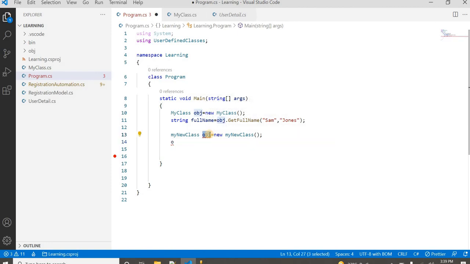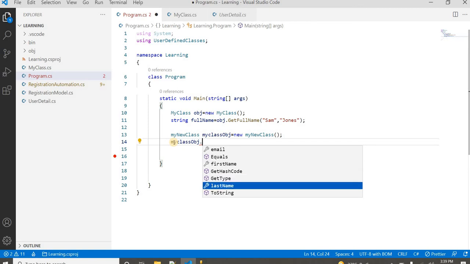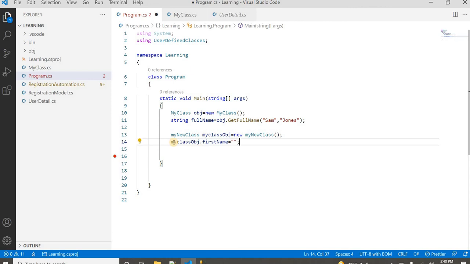Let's say it's a new name, let's say myClassObj. We can give any name here. Now using this object, myClassObj dot, I can access first name, last name, and email. Okay, let's say first name is equal to ABC, any random name. Okay, let's give some meaningful name. We will say here first name is Ram, last name is Das, Ram Das.